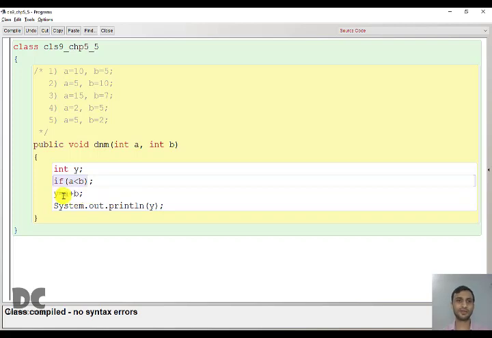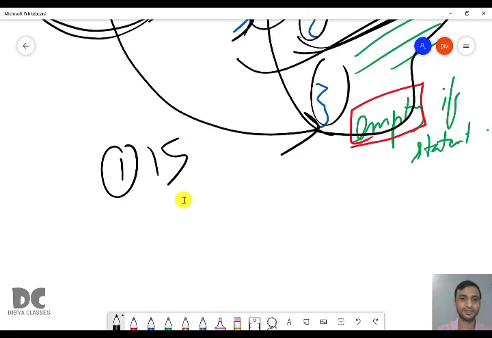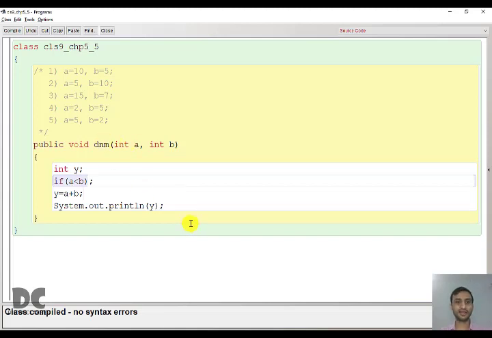It will add, meaning 5 plus 10, it is 15. It will print 15. So here this program is nothing but to add two numbers. This is useless. This is meaningless. Nothing is going to happen here, even if it is true or false. So if you delete this, since it is not doing anything, you can say that it is not present. Then this program is nothing but you are adding two numbers and printing it.